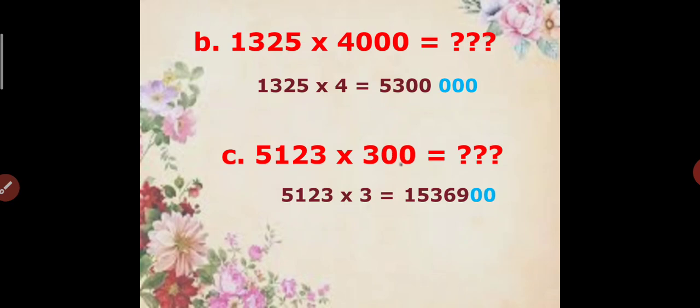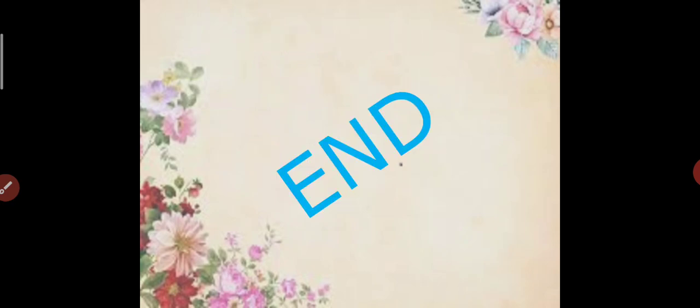So I think that is easy. In this multiplication, we are not doing the multiplication with 0. We are leaving the 0 while doing the multiplication. Then when you get the product, at that time you have to add the zeros. So that is simple. So by this we are ending the chapter, multiplication of a number with 10, 100 and 1000, and multiplication with multiples of 10.